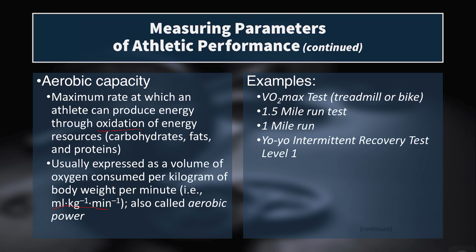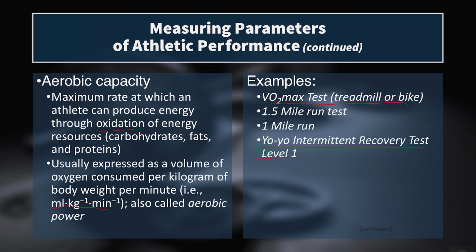If you're an endurance athlete or you've been around endurance athletes, you probably have heard of the VO2 max. It's the body's ability to utilize oxygen per kilogram of body weight per minute. And so that's the most common. You can do it on a treadmill or on a bike. Also, we have a whole bunch of field tests that have been validated as correlating very highly, very closely with a VO2 max test. So a 1.5 mile run test, a 1 mile run test, or as I mentioned previously, the yo-yo intermittent recovery